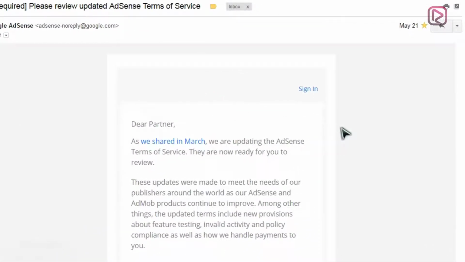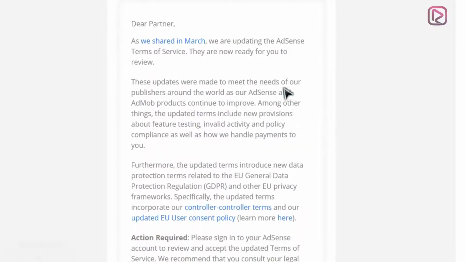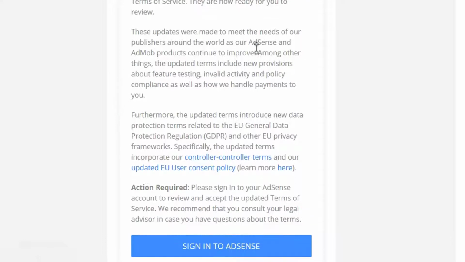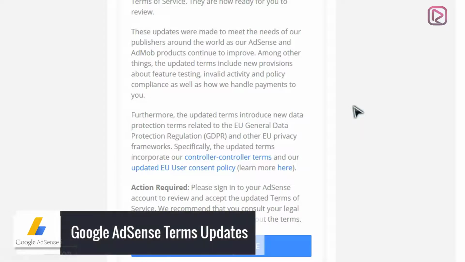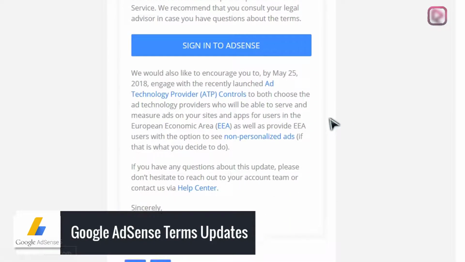Opening the email. So as you see, dear partner, as we shared in March, we are updating the Adsense terms of service. They are now ready for you to review. The updates made to meet the needs of our publishers around the world as our Adsense and AdMob products continue to improve. Among other things, the update terms include new provisions about future testing, invalid activity and policy compliance, as well as how we handle payments to you. Excellent. So there are certain new